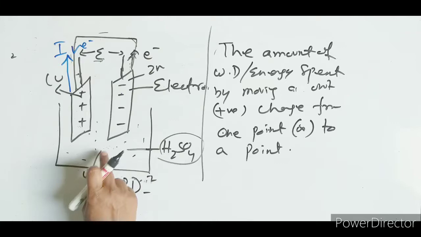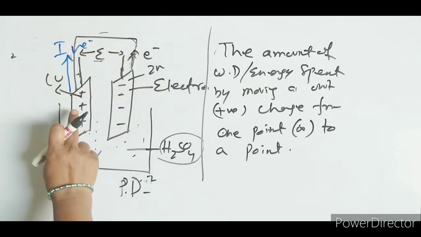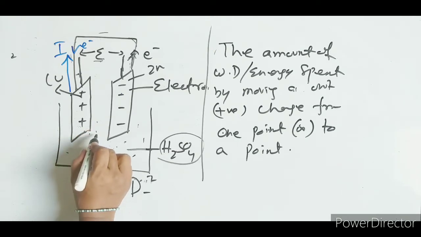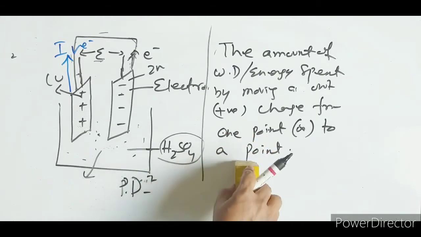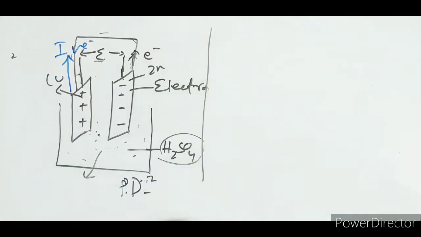This is the energy getting from this one and it moves here. So when it reaches here, it again has to cross this one, so again it is getting the energy from here. So it is motivated. So this is the definition of electric potential. Like that, this EMF is nothing but the maximum potential difference. So this one we can say is the EMF of a cell.